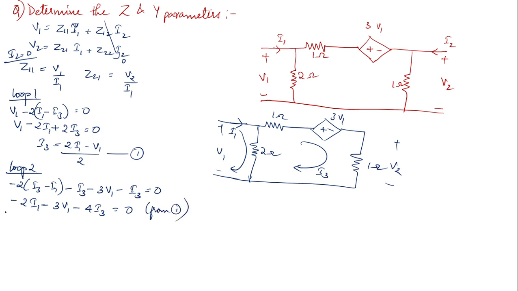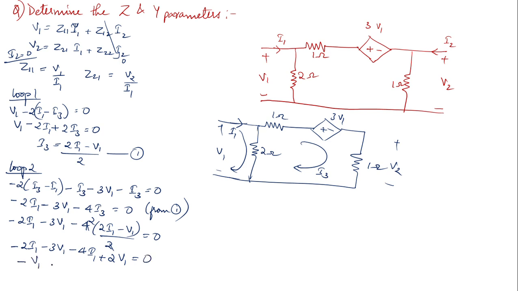So you'll be getting minus 2I1 minus 3V1 minus 4 into (2I1 minus V1) divided by 2 equal to 0. So you are going to get minus 2I1 minus 3V1 minus 4I1 plus 2V1 equal to 0. So you'll be getting minus V1 is equal to,